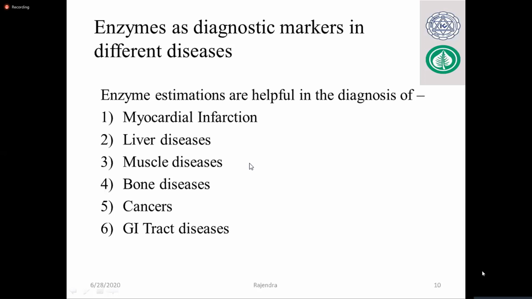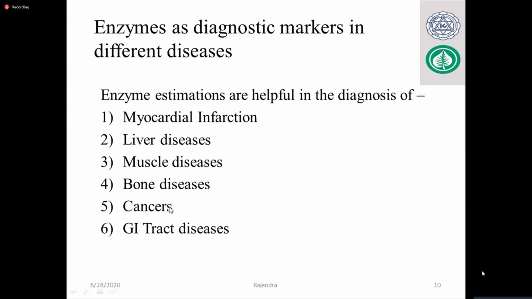Like cirrhosis is a very severe condition, jaundice is another liver disease, hepatitis, many diseases are there. Just in a basket we are saying liver disease. Muscle disease, many muscle diseases are there, like muscular dystrophy is a genetic disease where muscle gets damaged, and ultimately the person dies within 12 or 14 years of age. That is a genetic disease. Bone disease, yes, there are many bone diseases, decay of bone, like rickets and something like that.